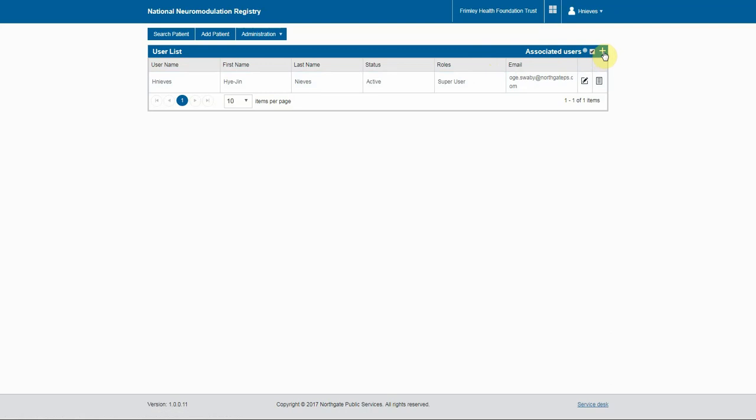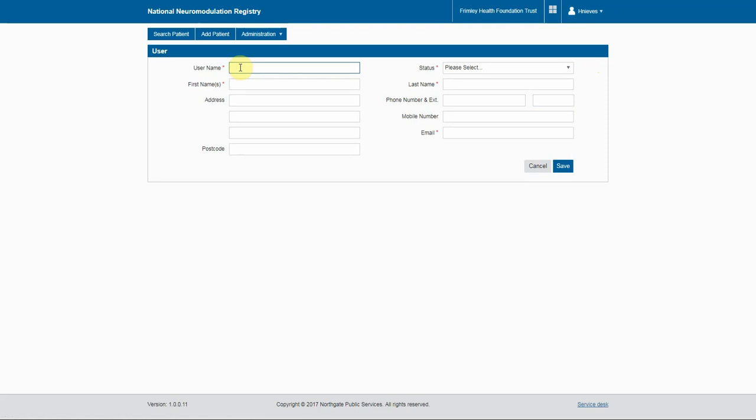So what you do is you click on the plus sign and it will take you to another page, and on this page you've got to add a username, status. The red asterisk fields are the mandatory fields which you've got to add. The username that we advise to use is first initial and surname. So we're going to add Susan Keel. Status you have to make active for the person to use the system. Put their first name in and surname,